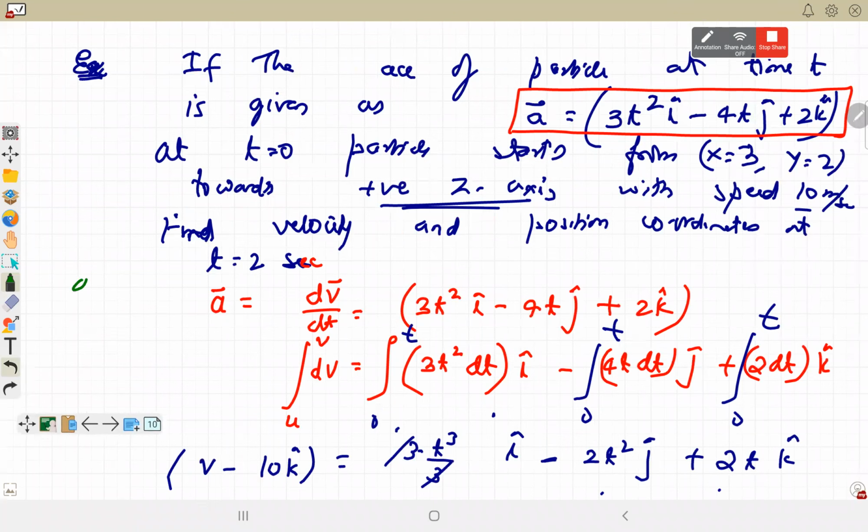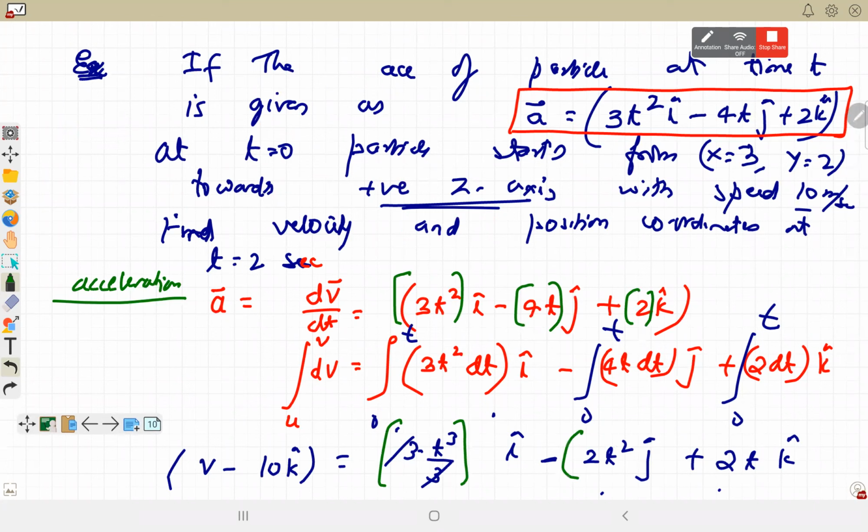Okay, these are just similar steps, only there is a bit more math in the writing. You have to integrate i, j and k separately, three times. I, j, k is the direction: x direction separately, j direction which is y separately, and k which is z separately. So it's just normal integration. You had learned integration, right? Basic integration. Yes, sir. So you just need to do the integration separately, i cap separately, j cap separately, k cap separately. Apply the limit, 0 to t. Here it was only t, so that's why it will come in terms of t.